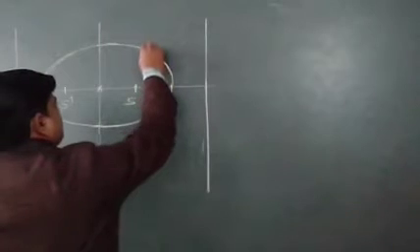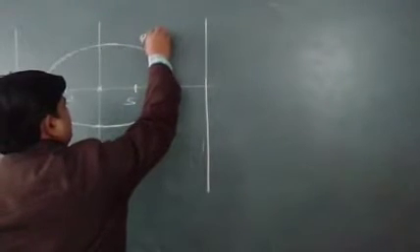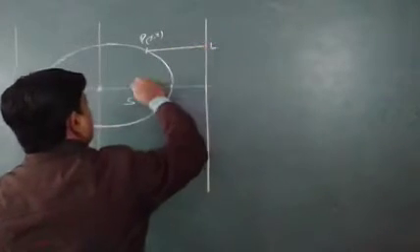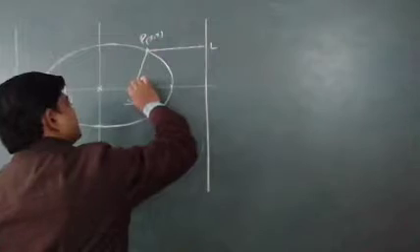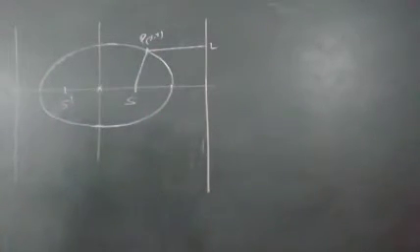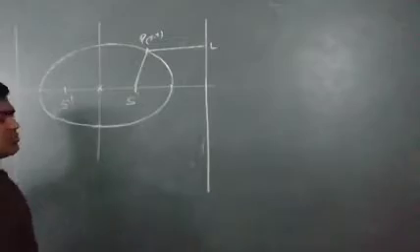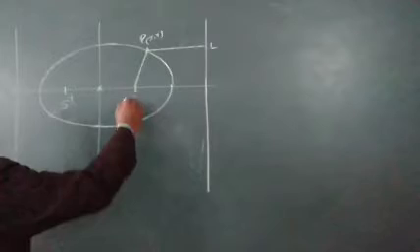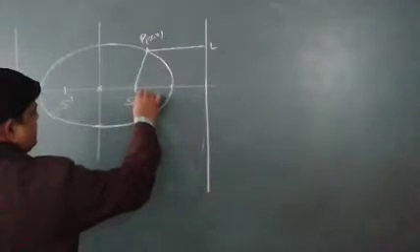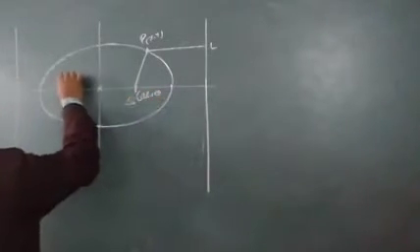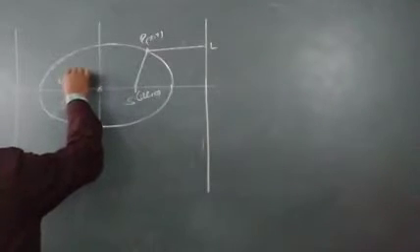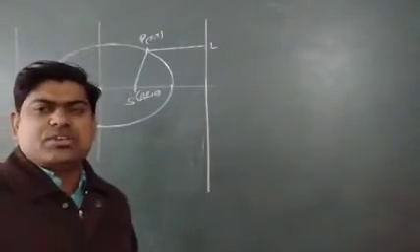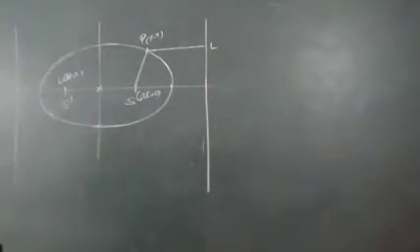And as I told you, PS, if I take P here, it is (x, y). So this one will be called L and this one will be called PS. Now this is the focus, this is also a focus. Since two foci are there, the coordinates of the foci I am writing: it is (a, 0) and this one is (minus a, 0). One more thing I want to tell you: in some books it's written (c, 0) and (minus c, 0), where c is proved as ae. Directly I am taking ae.